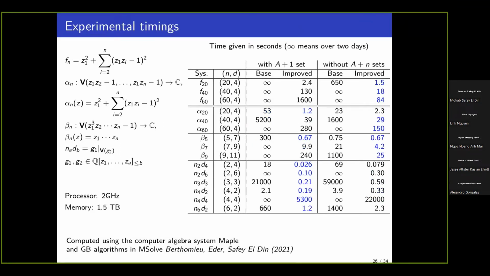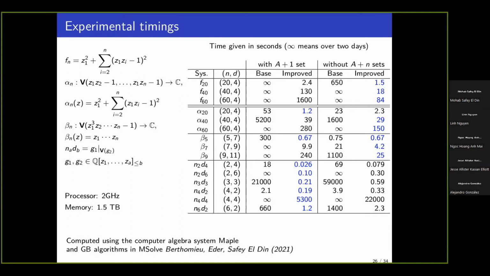On the timing side, we compare what we call the base algorithm. This is when we're not doing this slice, or this intersection, of a generic plane. And we compare that to when we do that intersection. And we can see that in all cases, our algorithm is significantly faster and can tackle problems that were previously